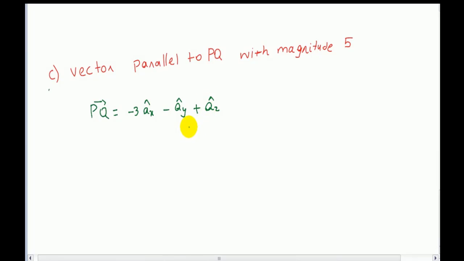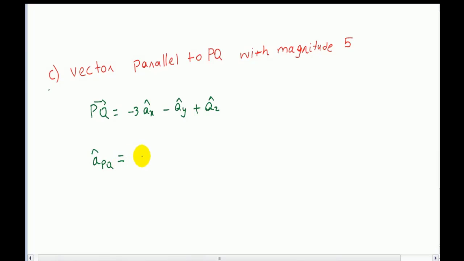Now we want to find a vector parallel to PQ. So first we will find the direction of PQ, so that we can easily find the parallel vector with magnitude of 5. For the direction of PQ, we will find the unit vector along the direction